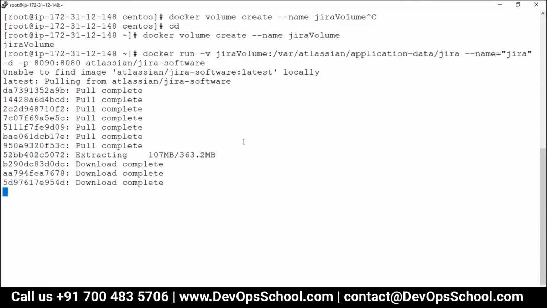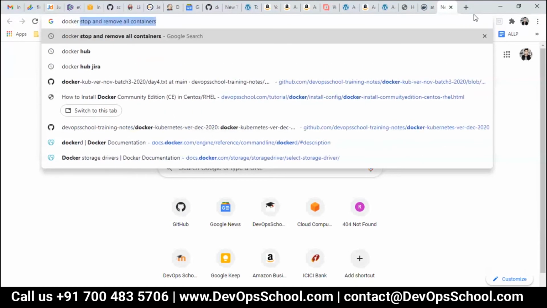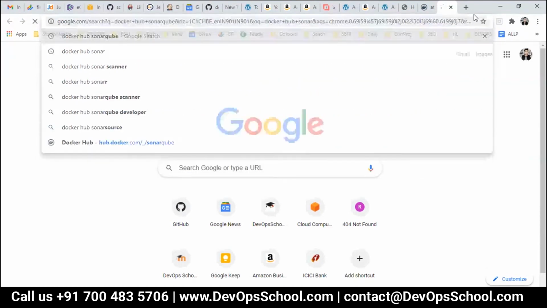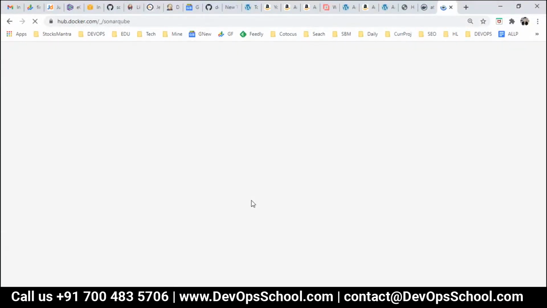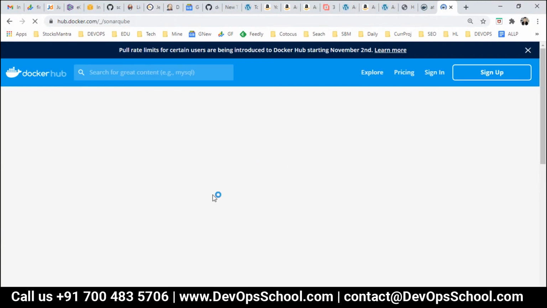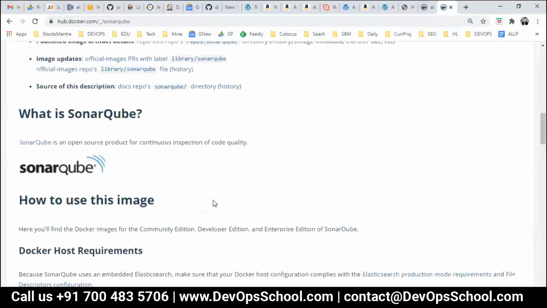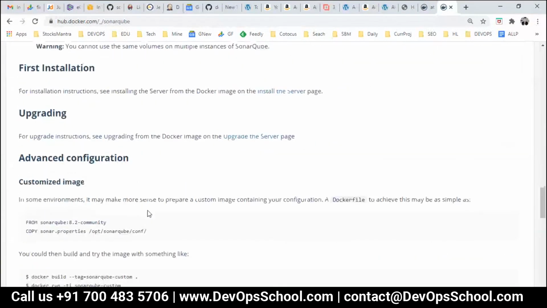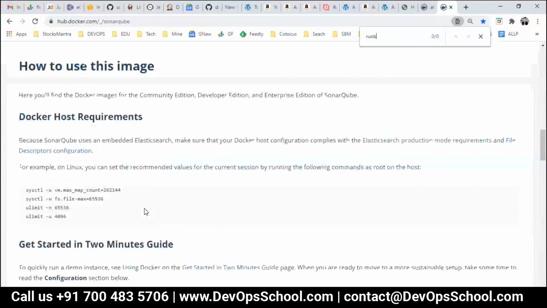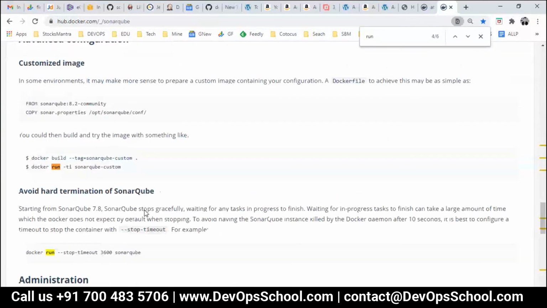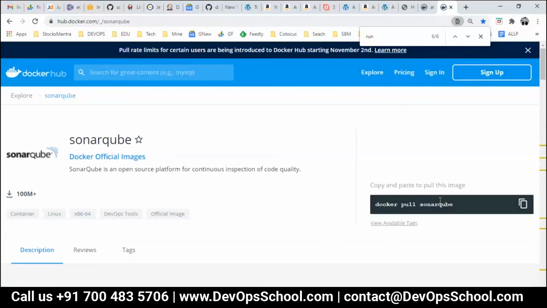So now I got this Jira. Meanwhile, it's being downloaded, I am going to get the SonarQube also. So Docker Hub SonarQube. Now this is the image which I am going to try out. I hope you remember yesterday also I tried it out, but I did not use the manual one which I have used. So this is the one which I'm going to run. For that, the run command is not given here. Do we have a run command here? No, I think not. No problem, I can create my own run command.